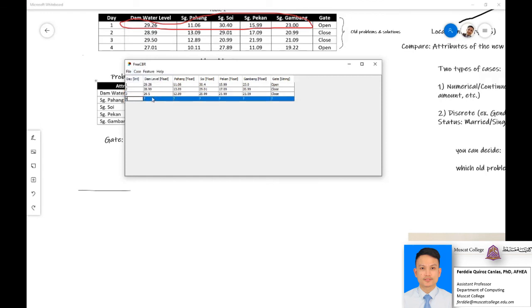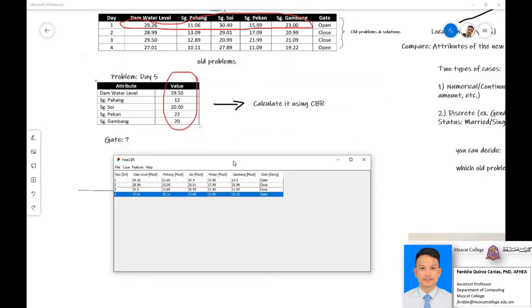Here, you have to type 27.01, 10.11, 27.89, 11.09. We have 19.22, and then here it says open. Okay, so these are now our cases, and let's try to find out